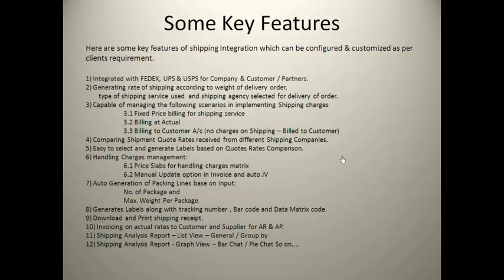Integrated with FedEx, UPS and USPS for company and customer partners. Generating rate of shipping according to weight of delivery order, type of shipping service used and shipping agency selected for the delivery order. Capable of managing the following scenarios in implementing shipping charges: shipping fixed price, billing for shipping service, billing at actual, billing to customer account, no charges on shipping bill to customer,